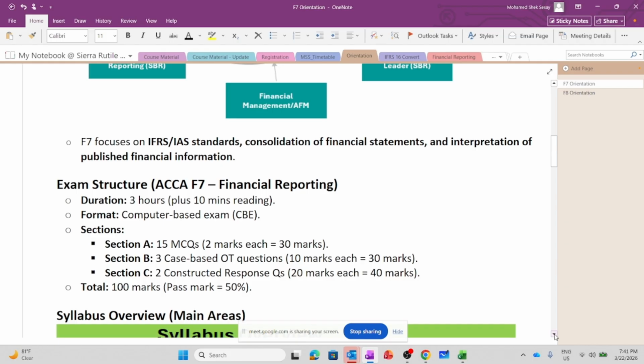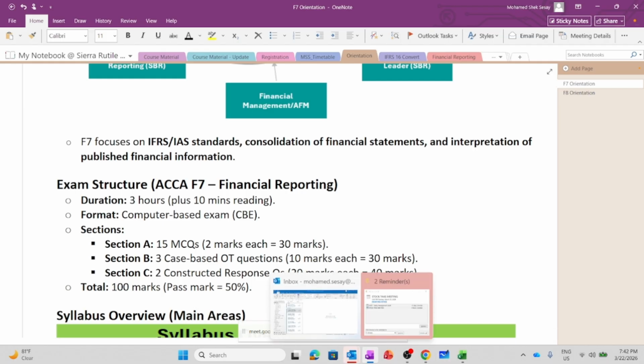Now, the 10 minutes reading time will not be added to your 3 hours. For example, if you take, let's say, 5 minutes, you get into the examination criteria, the process, and other things, the remaining 5 minutes will not be added to the 3 hours. Automatically, when the exam launches, it will start 3 hours. And also, if you decided to use the whole 10 minutes for reading, then automatically the exam will launch on 3 hours. So your actual examination time is 3 hours. The 10 minutes is for you to read the pre-examination criteria and conditions. Then the format is a CBE.